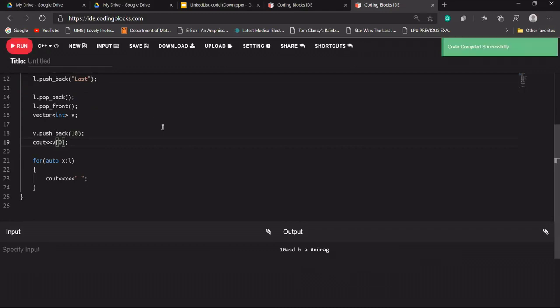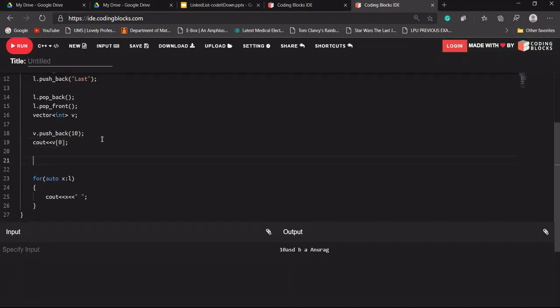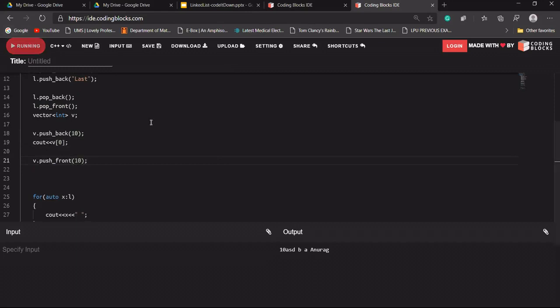On what things should we use list over vectors? No, we can't say that, yeah, that's the main thing: on what things we should use list over vectors. You're asking on what things we should use list. Let me give you an example. Suppose there are some requirements, and in a vector we can add only at the back, because we cannot use push_front here. Suppose we want to add some data at the front of our vector, we cannot add that, as vectors are accessible very easily.